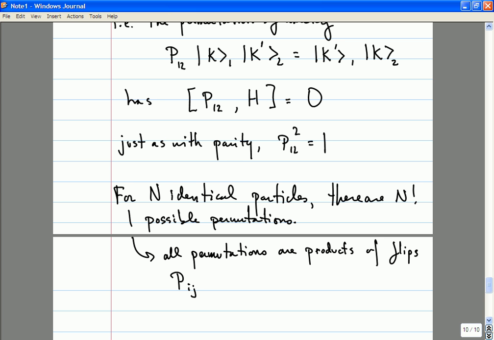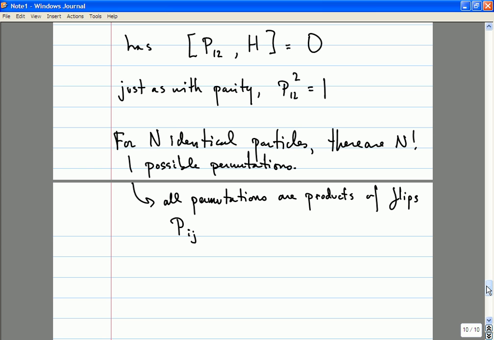Have you guys seen that before? In math classes, you may or may not have seen it before. It's just a fact about permutations. Work it out for the permutations of 3 particles if it's not clear. Just work out how it all works. It's pretty simple. And it's just a fact, and one that can be proven, but I am not going to prove it to you,